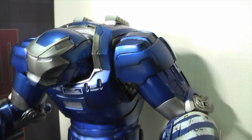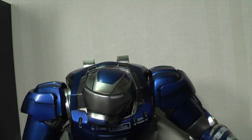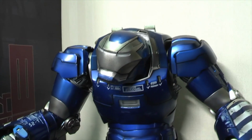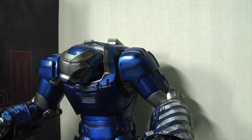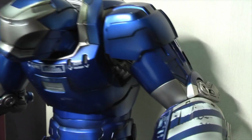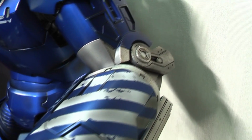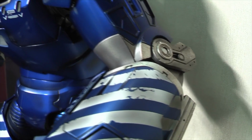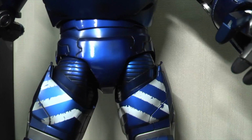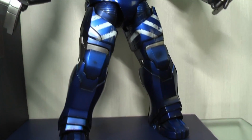I think King Arts have definitely improved their paint apps, because one of the recent ones is the Mark 16 Iron Man 3 figure, which is Nightclub. This blue coloration they've put on here is actually quite striking. Very good quality. The weathering is pretty decent, along with the app itself. It doesn't look sloppy, so maybe they've changed their process in terms of how they apply this paint, because it